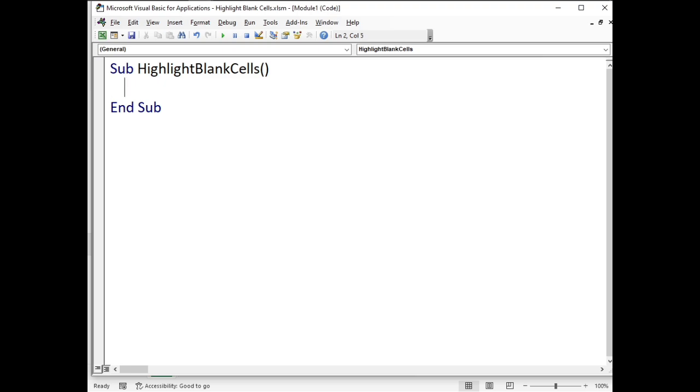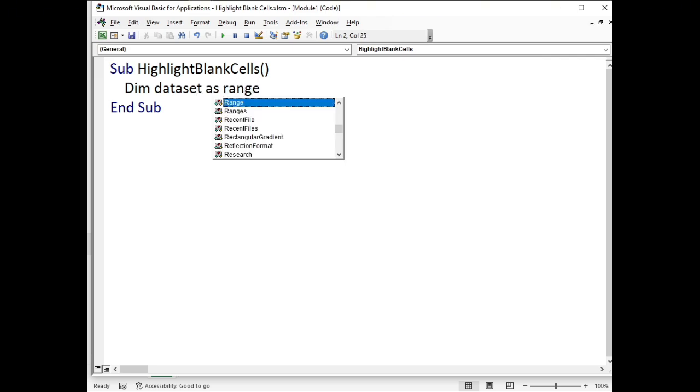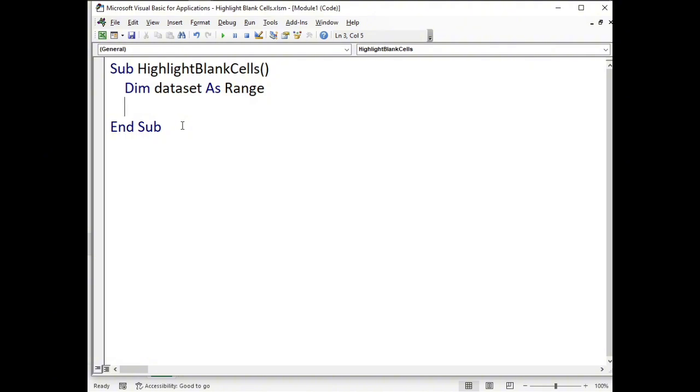Then I'm gonna declare just one variable, and my variable is dataset as Range. Then I'm gonna set this dataset, Set dataset equals Selection, and then dataset